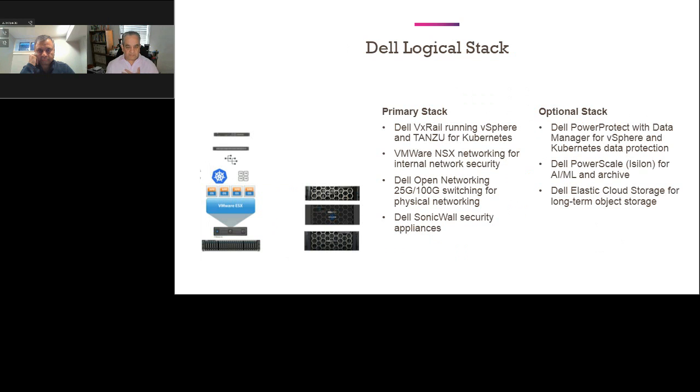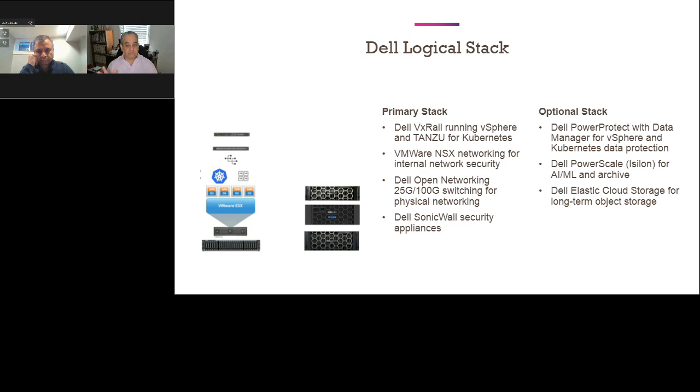Now, I'm an infrastructure person, so I'm going to share a little bit more about what's in the infrastructure, right? From a logical perspective, what you're running on premises, the primary stack, is Dell VxRail running vSphere and Tanzu for the Kubernetes, and that's fantastic. If you haven't had a chance to play with that stuff, it's really awesome.